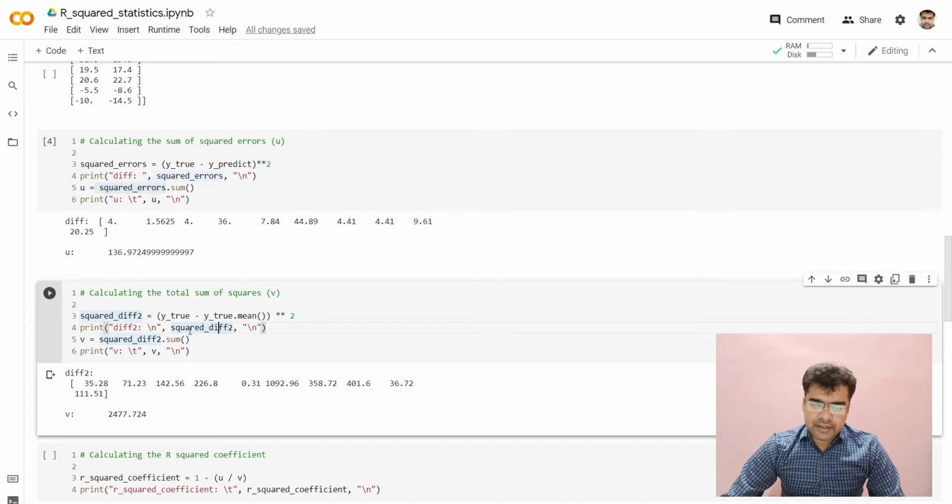Okay, and finally what I will be doing is adding all these differences. In order to add all these differences, I will be calling the sum function, and whatever result comes, that result will be stored in a variable v. So finally I will be printing the value v. So if I run this cell,